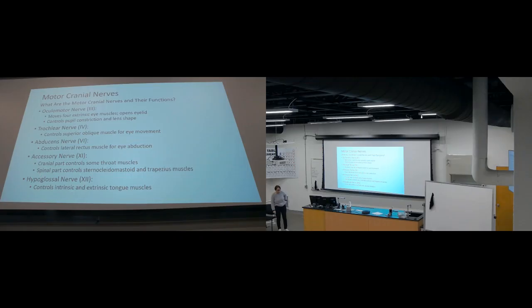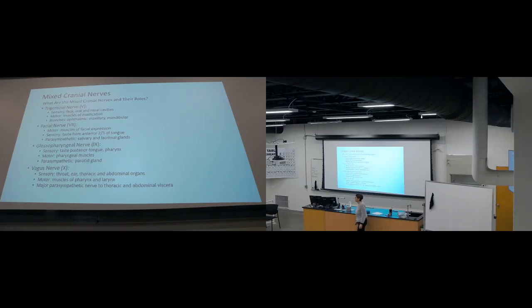Now the hypoglossal or cranial nerve number 12 exits on the sides of the foramen magnum in the hypoglossal canal. It helps to innervate both muscles of our tongue, the ones that are found inside our tongue, which are intrinsic muscles, and the ones that connect to the tongue that are external, the extrinsic muscles. Function, help us to produce speech, for instance. So those are purely motor